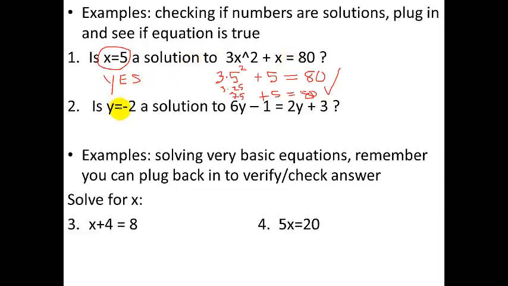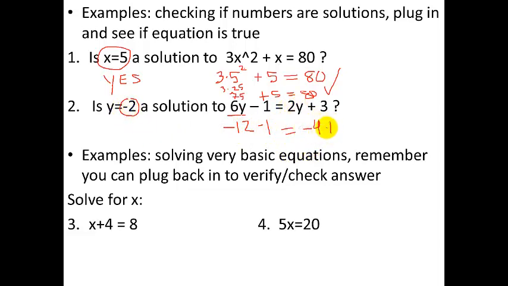Okay, let's do another one. Is y equals negative 2 a solution to 6y minus 1 equals 2y plus 3? So we'll plug it in, substitute this in. Negative 2, 6 times negative 2 right here. 6 times negative 2 is negative 12 minus 1 equals, now plug negative 2 in right here, and we get